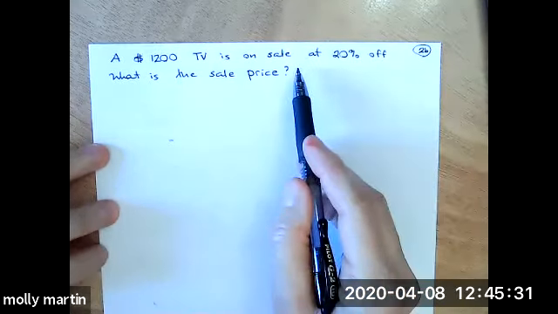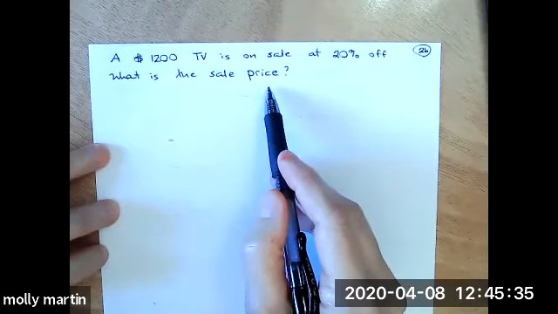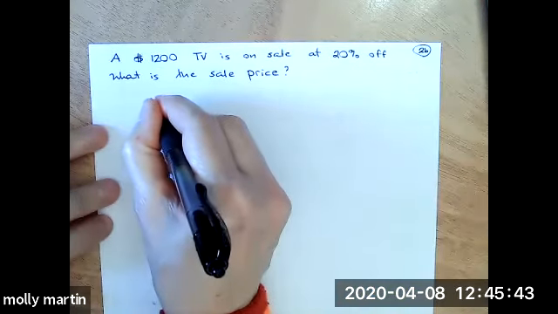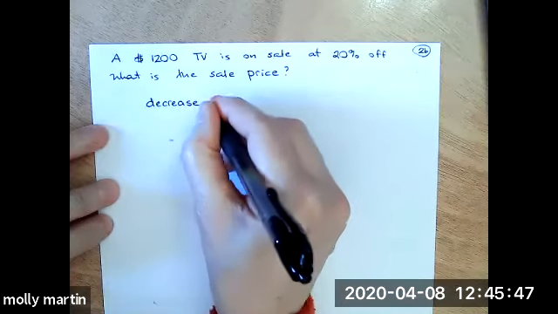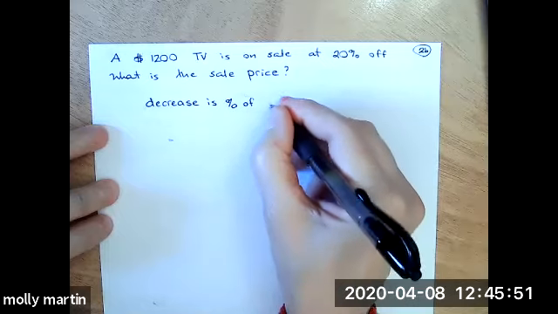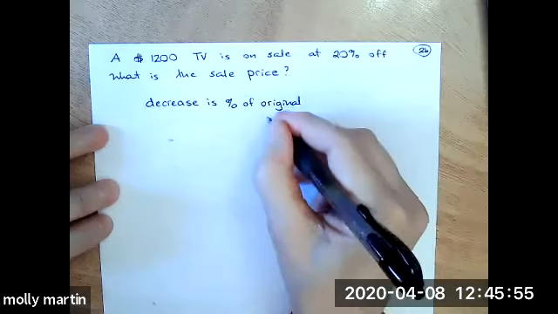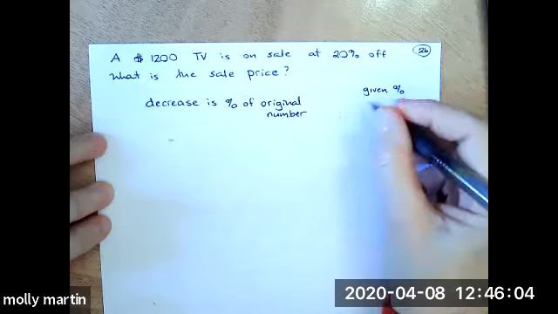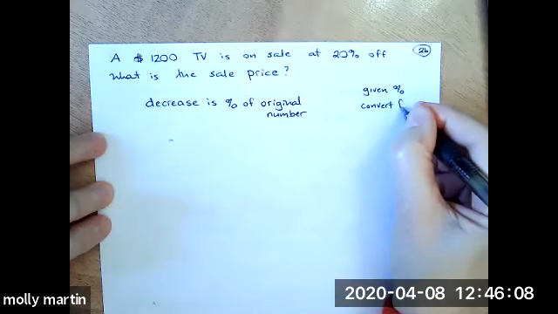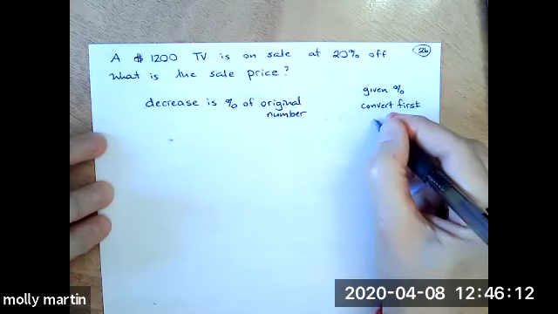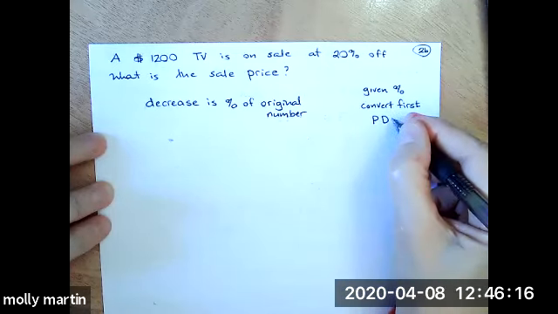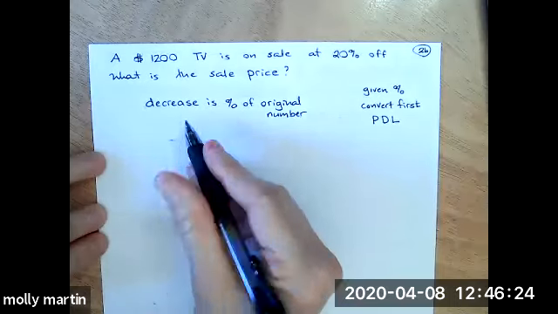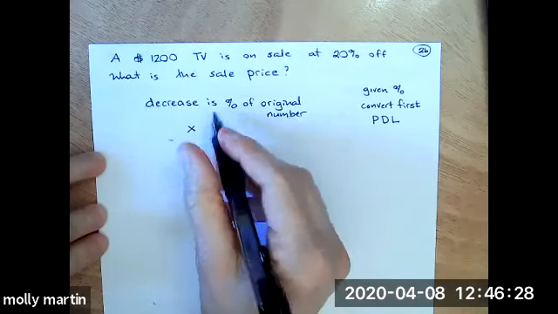A $1,200 TV is on sale at 20% off. What is the sale price? So this is a decrease because the price is going down. The decrease is a percent of the original number. We're given the percent, so you convert at the beginning of the problem. We have the percent, we want the decimal, so we move the decimal point to the left 2 places. I'm looking for the decrease, so that's X equals